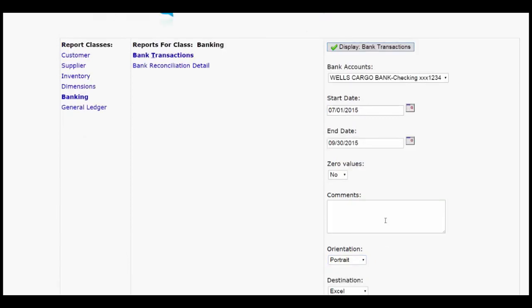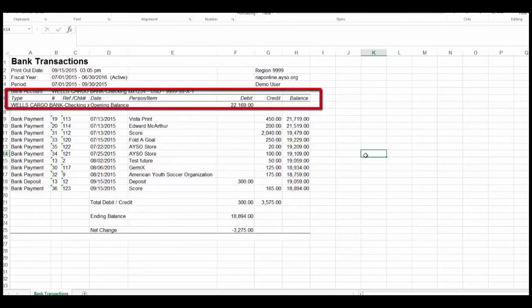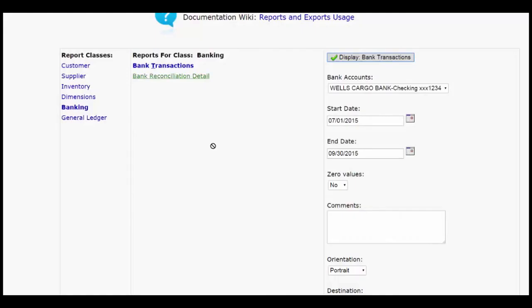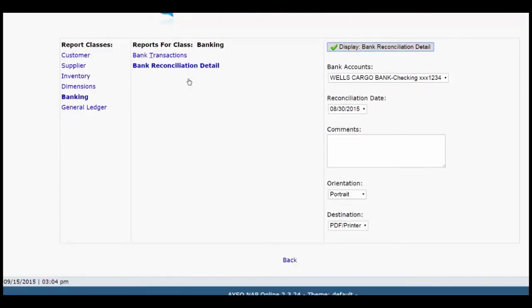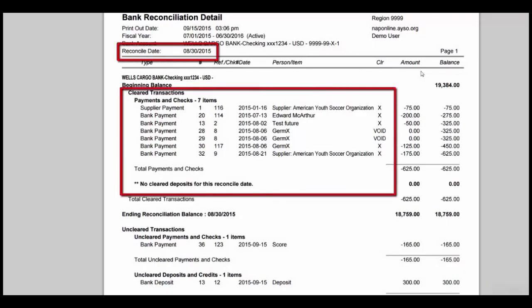Then select Display. The reason it is helpful to export to Excel is so that you can sort by the various column headings such as the type, check number, amount, or any other field you need to sort by. The next report is the Bank Reconciliation Detail Report. When I select this report, the options available are each of my bank accounts and reconciliation dates associated with each account. Here is an example of my August 30th Bank Reconciliation Report, which displays all cleared deposits and payments found